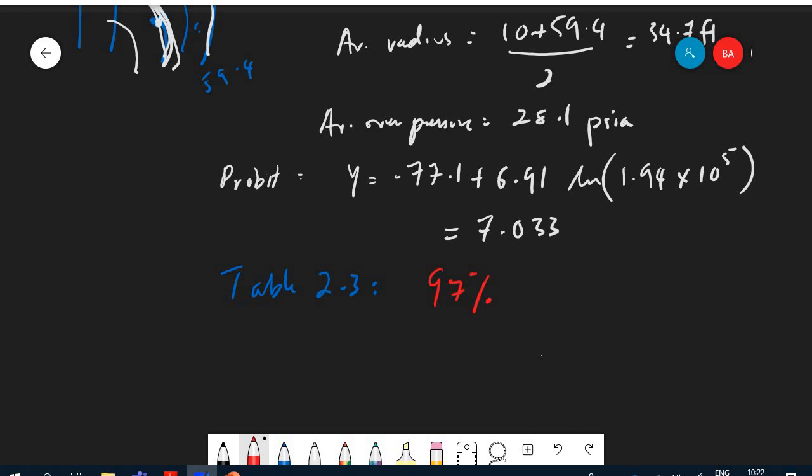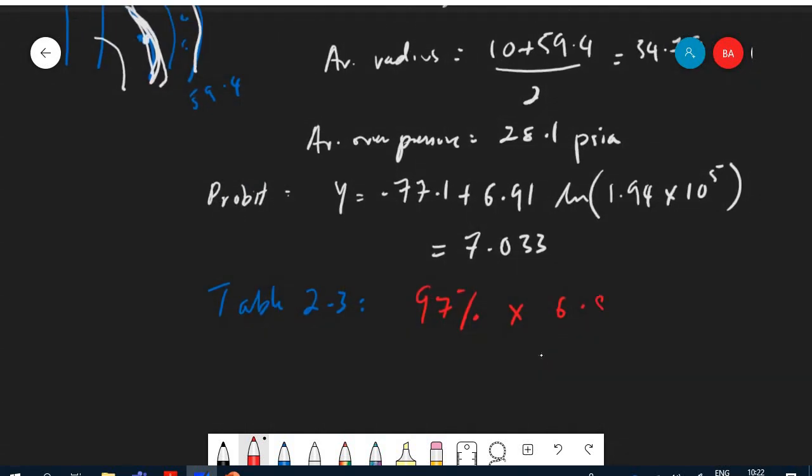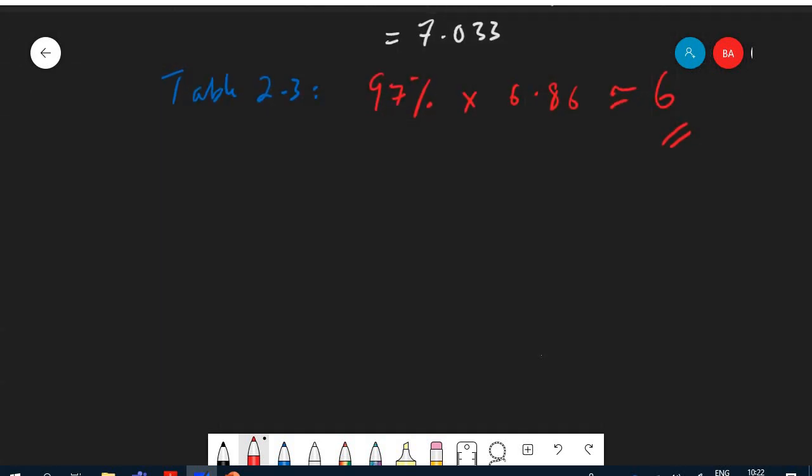means what? I mean, if you take 97% multiplied by the 6, what was that? The number 6.86. You're getting something like 6. Okay, so you're talking about 6 people definitely are going to die. Okay, wow, 6 people definitely are going to die because of that. And similarly, you can do that for the eardrum. Actually, I would prefer the other method in which we can do a better kind of a calculation,